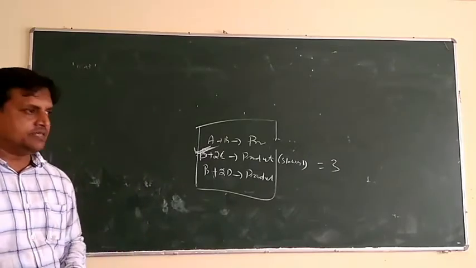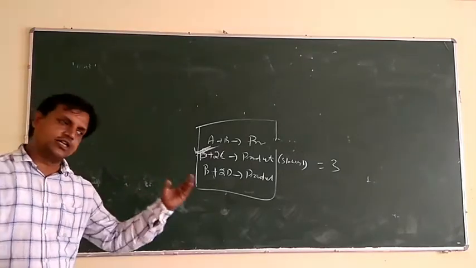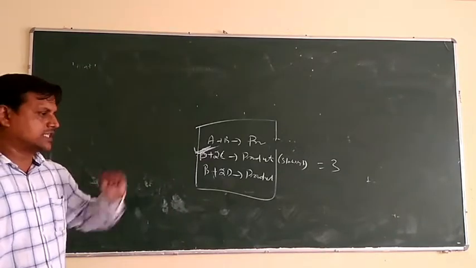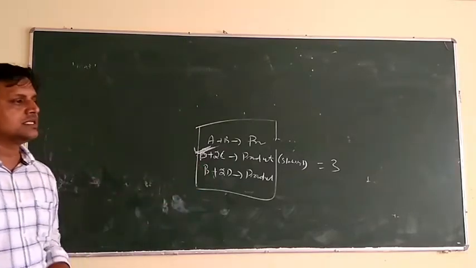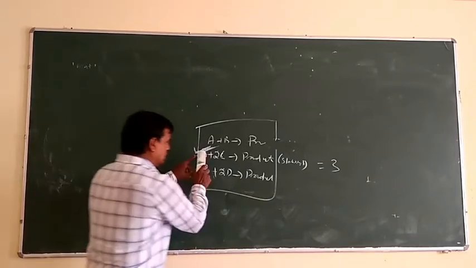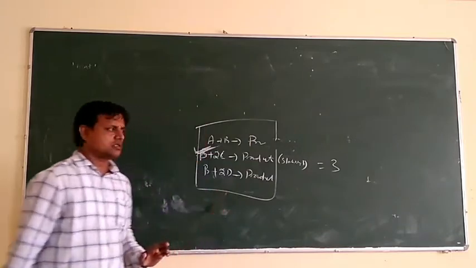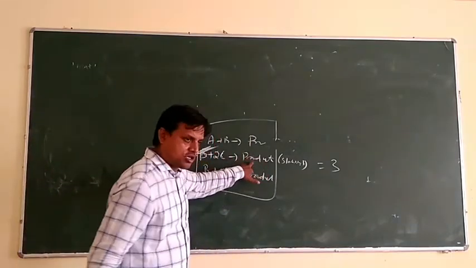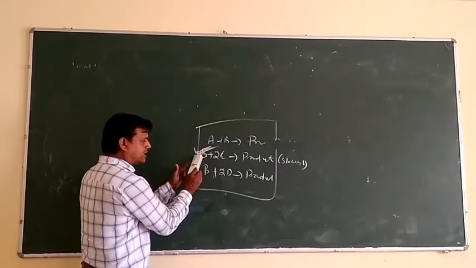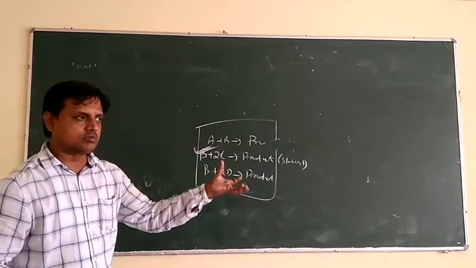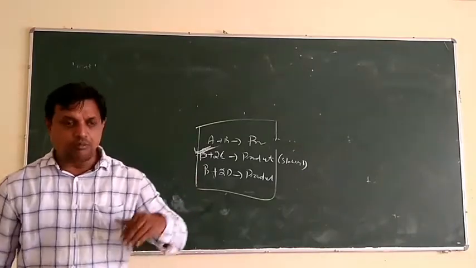So a multi-step chemical reaction means more than one step is required to complete the reaction. In that reaction, we have to find out the slowest step, which will be given in the question. Then you calculate the molecularity. So 1 molecule of B and 2 molecules of C combine to form product. Since in the reactant there are 2 molecules of C and 1 molecule of B, 2 plus 1, 3 molecules we have taken in the reaction. So molecularity is 3. Okay, so this is about molecularity.